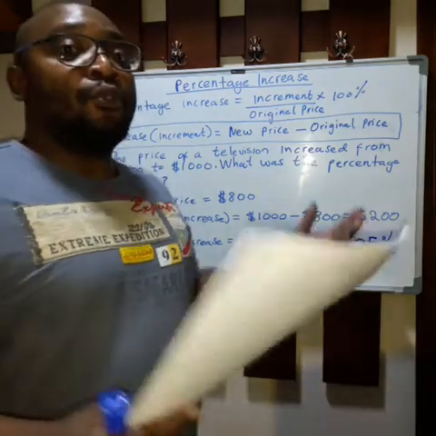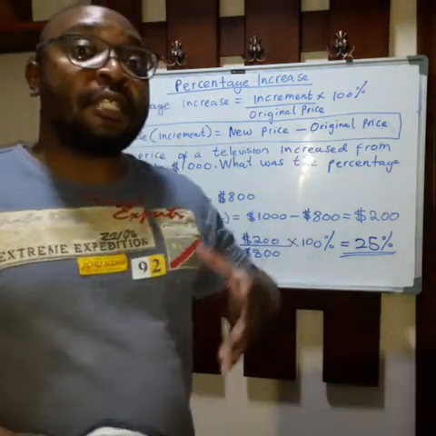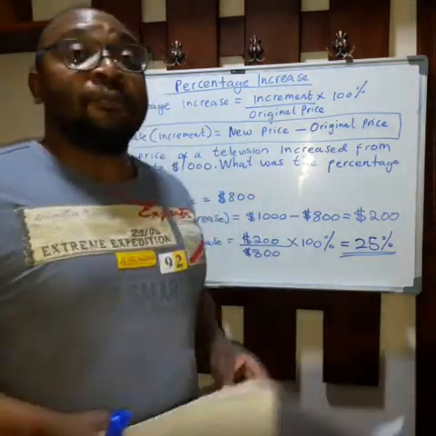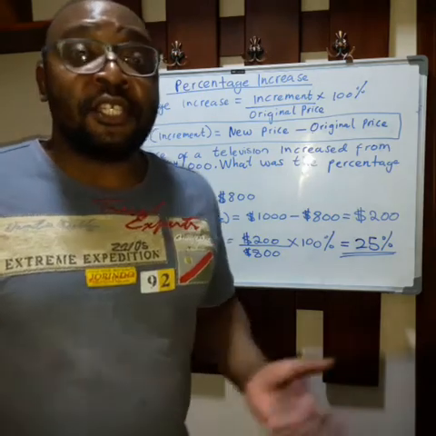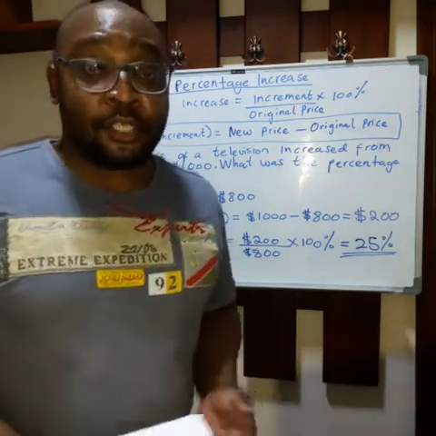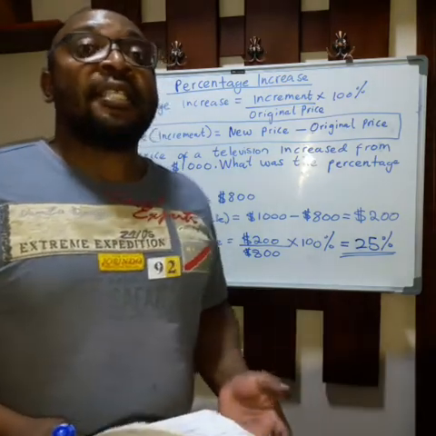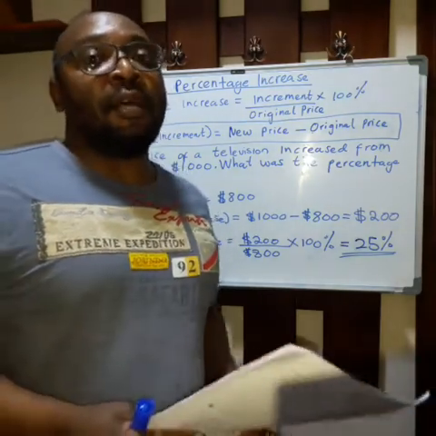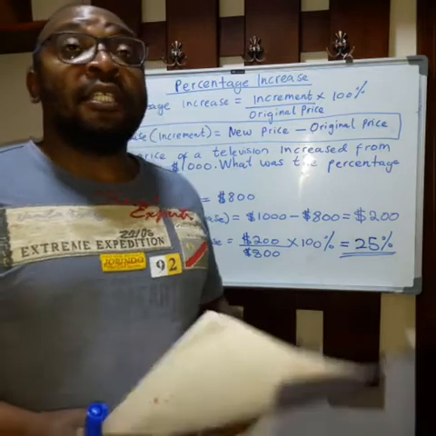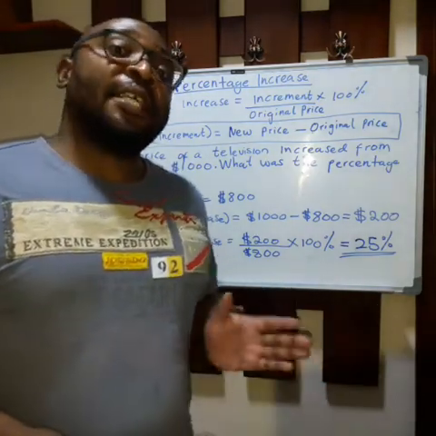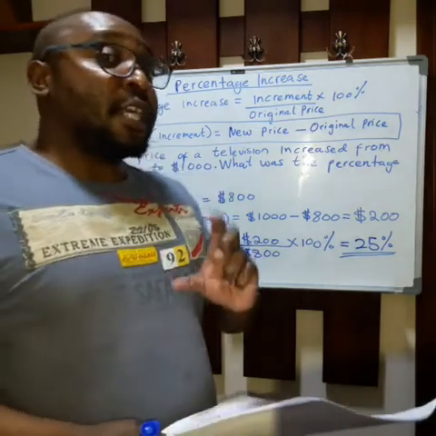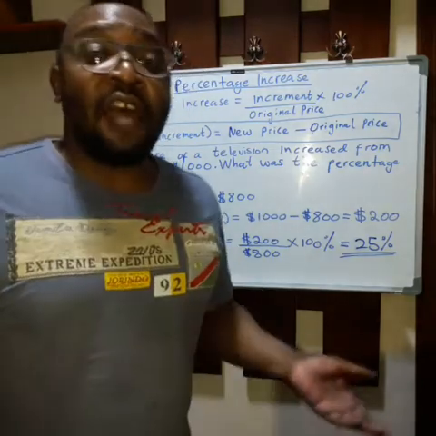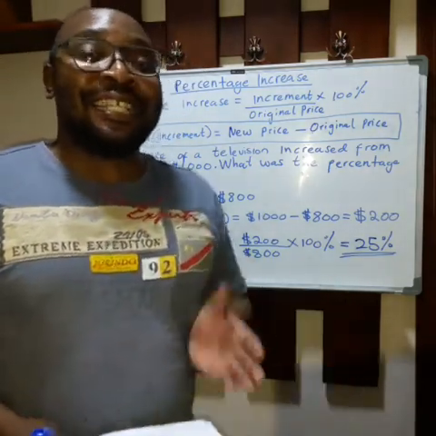Okay, so let me give you a real-life situation so that at least you can have a background of what we are going to be doing. So let us say we are in summer and the jersey is going for 20 US dollars. You know that in summer prices are lower in terms of winter clothes. A jersey is cheaper in summer than in winter. But as we are approaching winter, you notice that the price of a jersey goes up maybe from $20 to maybe $35, etc. So there is an increase in the price.